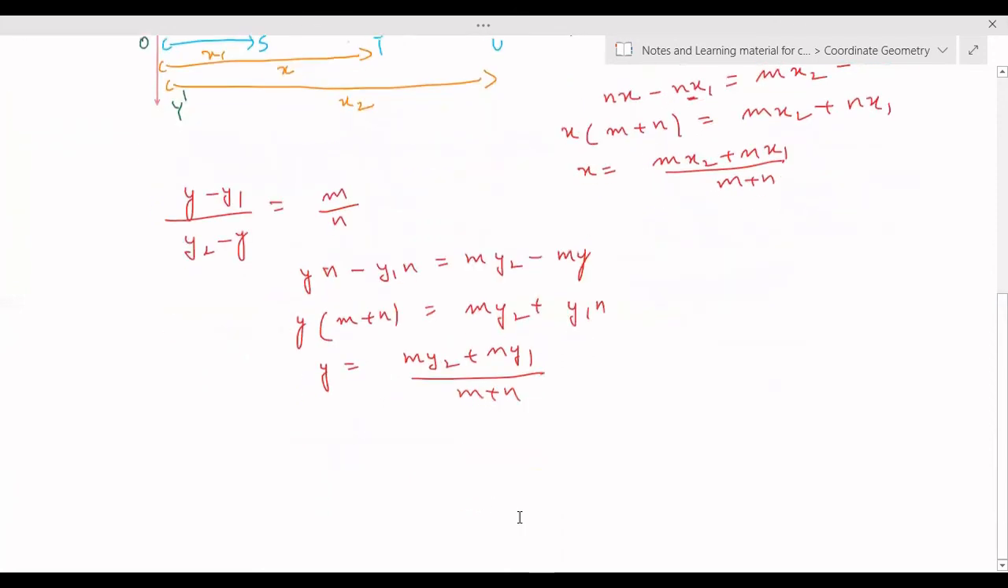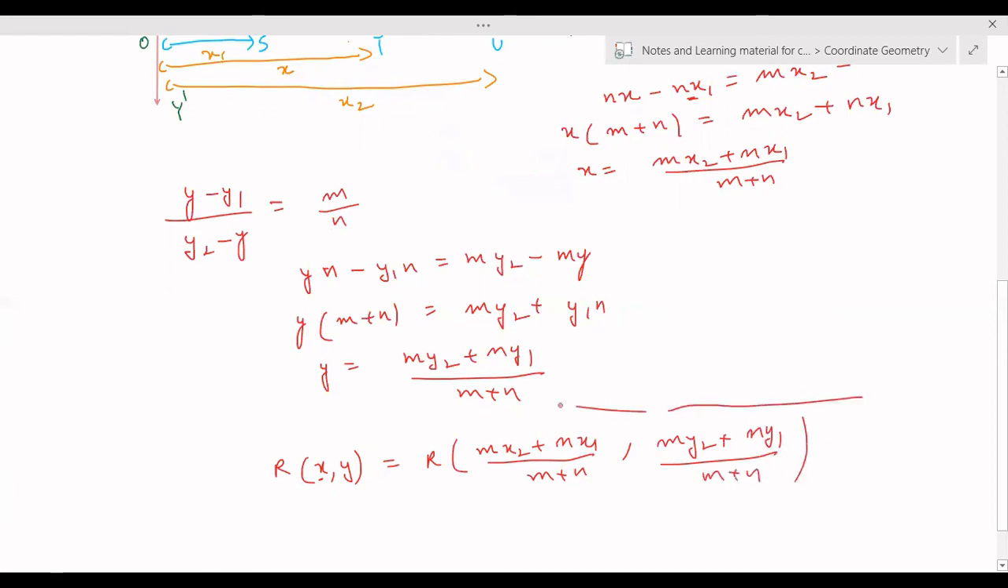So the coordinates of R, the point that divides the join of any two given points, are given by the abscissa x equals mx2 plus nx1 over m plus n, and y equals my2 plus ny1 over m plus n, which is the section formula